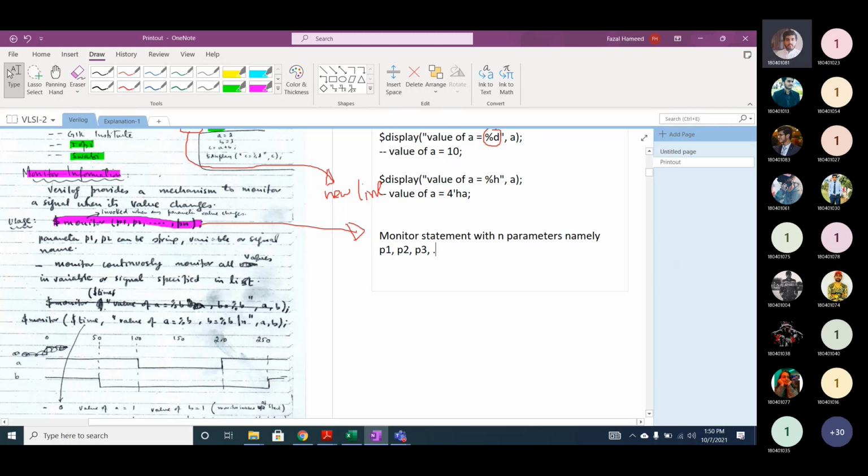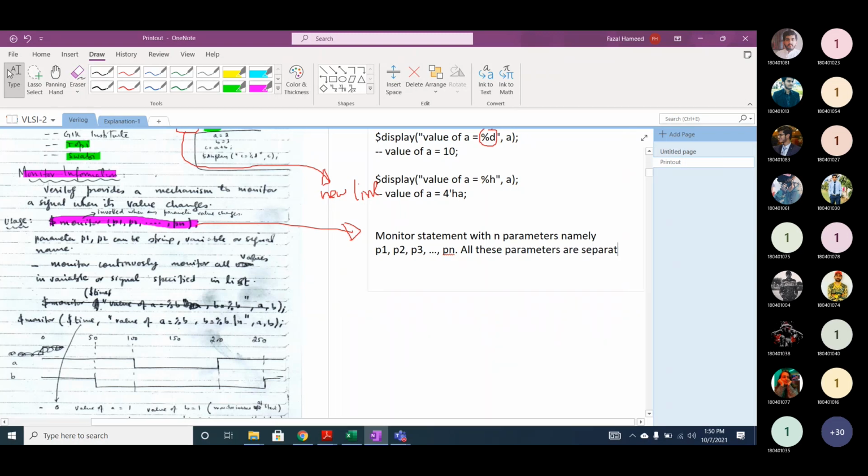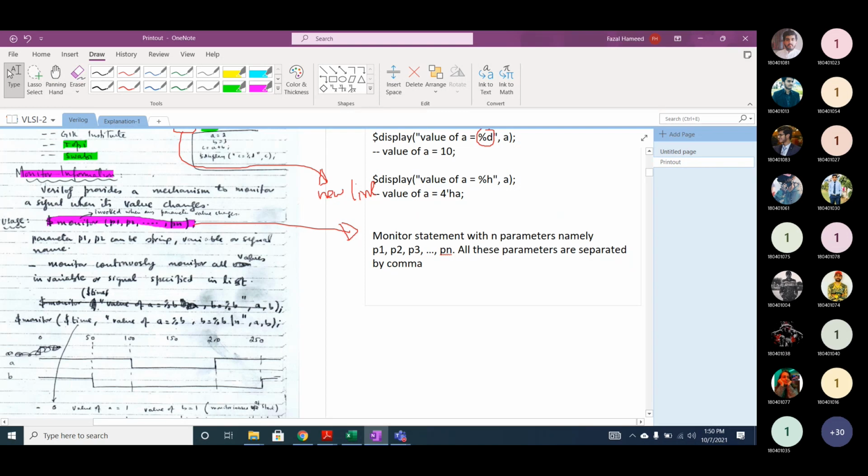It can have up to n parameters. All these parameters are separated by comma. Am I right or not?